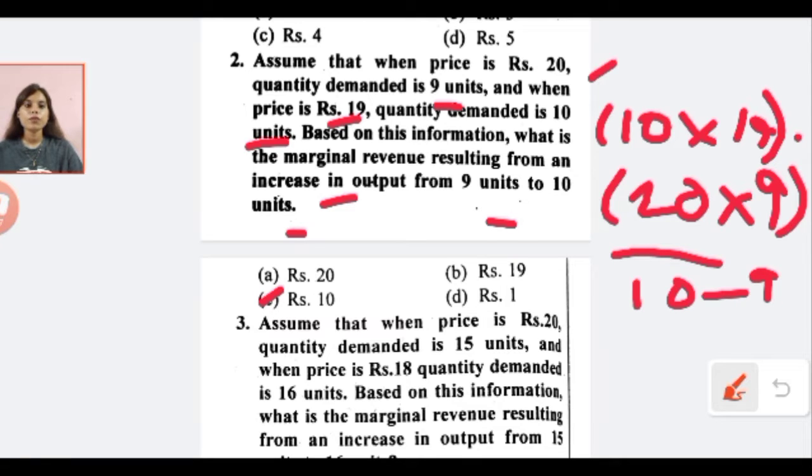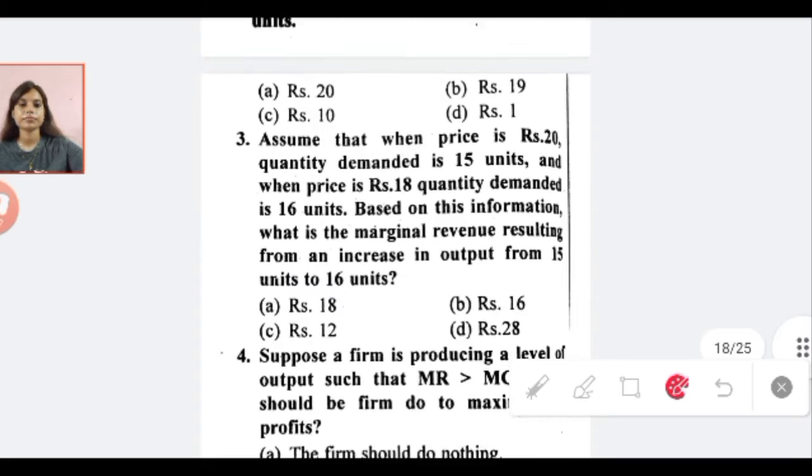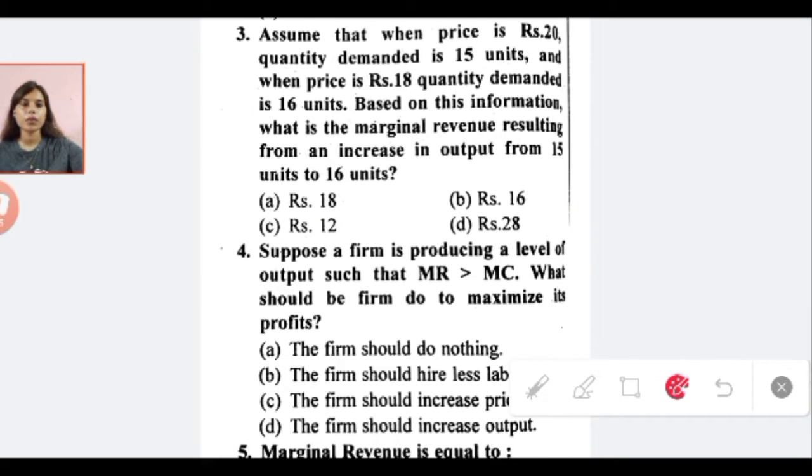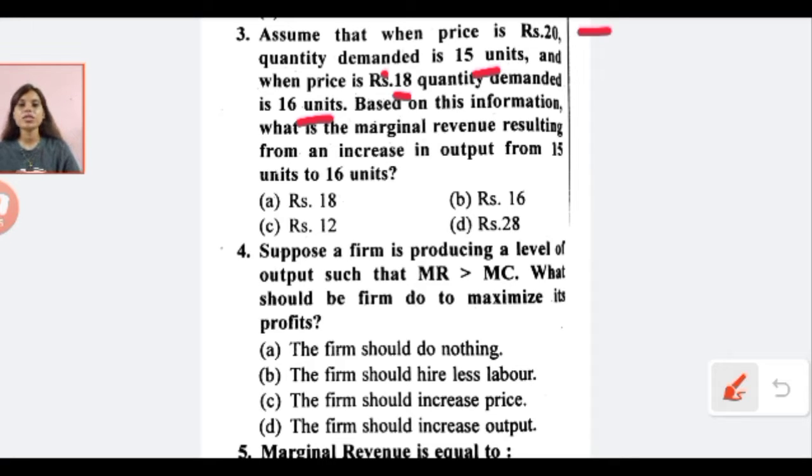All right, so let's move over to the next question, that is question number 3. Assume that when price is 20, quantity demanded is 15 units, and when price is 18, quantity demanded is 16 units. So based on this information, what is the marginal revenue resulting from an increase in the output from 15 units to 16 units? So let us put this into the same formula which we had discussed in the previous question, that is MR is equal to